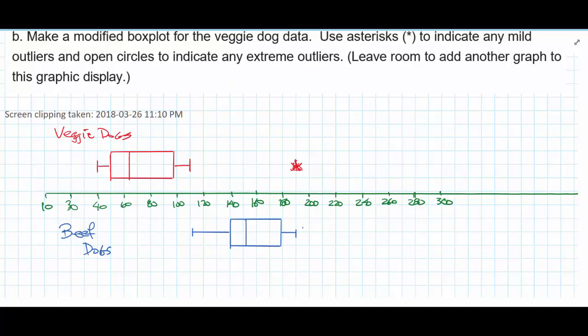So there's the modified box plot for beef dogs. There are no outliers, and since there was no outlier, the smallest data value is a whisker, and the same with the largest data value. The largest data value in our modified box plot for beef dogs is the upper whisker, because the inner fences for these beef dogs were